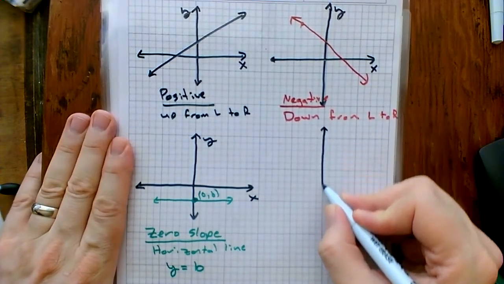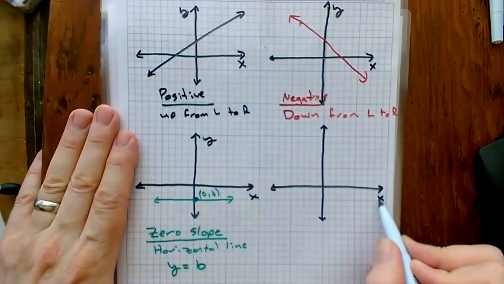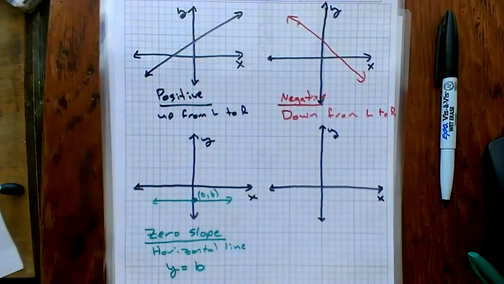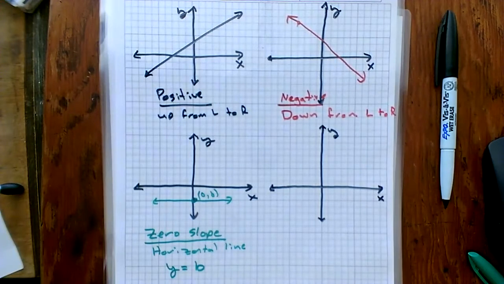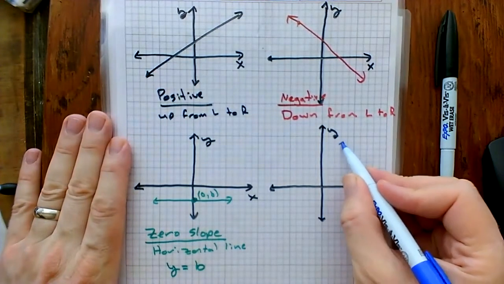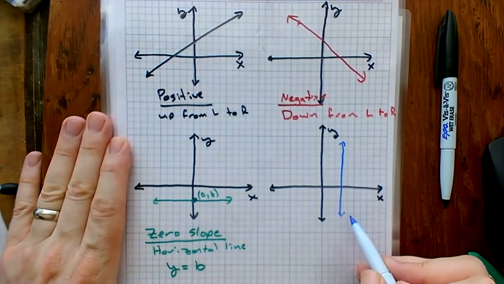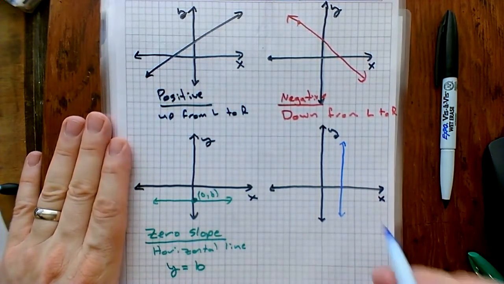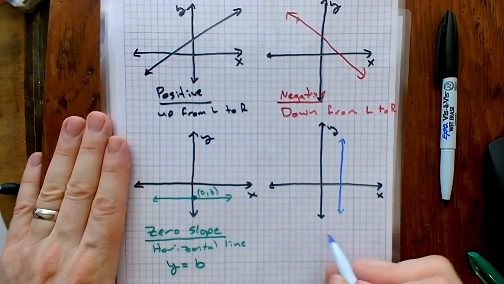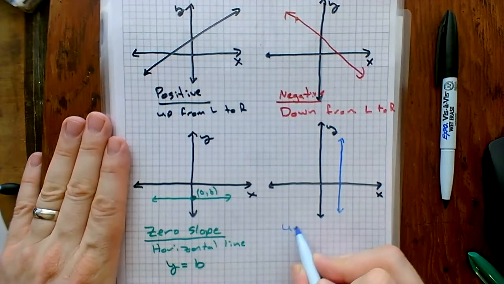Well, what happens when I have a line and instead of having no rise, I've got no run? Well, let's see what that would look like. If I've got a line with no run, remember, it's rise divided by run. And it is illegal to divide by 0. When I try to divide by 0, we end up with something called an undefined number. So here, this would be an undefined